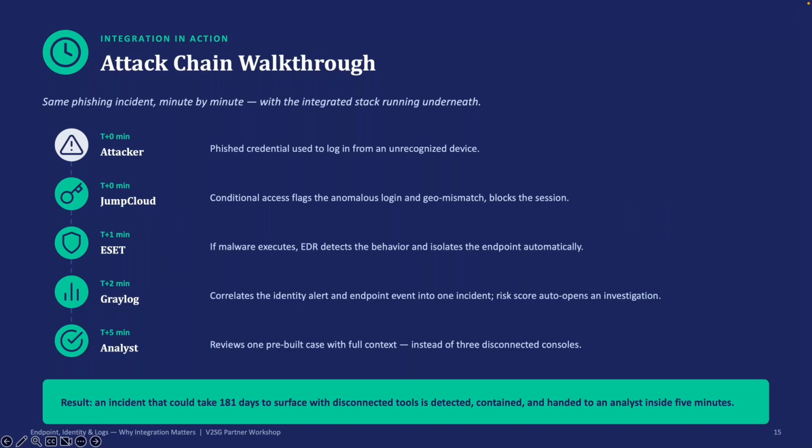The first time it failed, then they try from Singapore, and even try to log in to your system. Then ESET EDR will detect if there is abnormal behavior. Then we will isolate the computer or block the malware. And then Graylog will collect all those logs, and the analysis guide with Graylog will